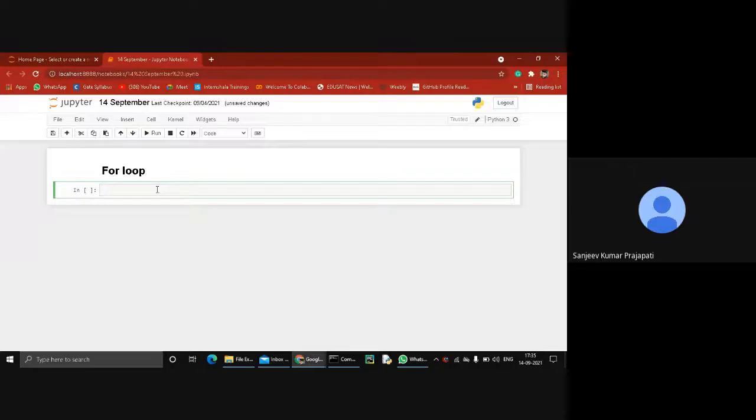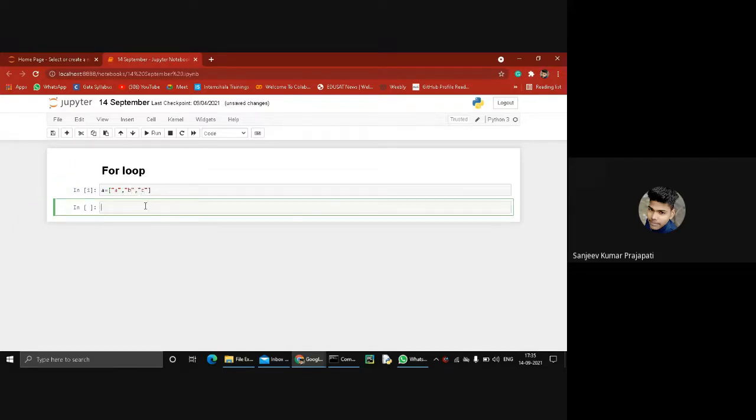It is used to print any statement multiple times. For example, the syntax of a for loop: how to create a for loop in Python. It is for I in... Firstly, I am creating a variable a equal to a, b, and c. I want to perform the loop operation on this list a.